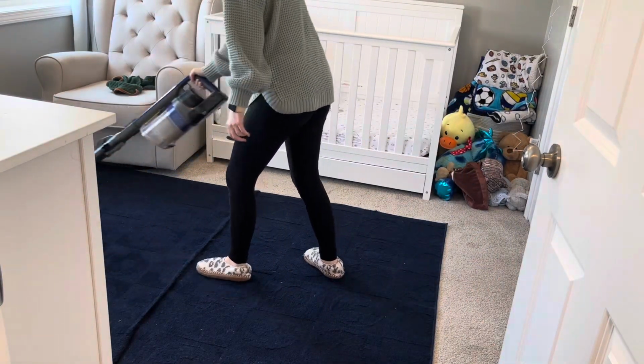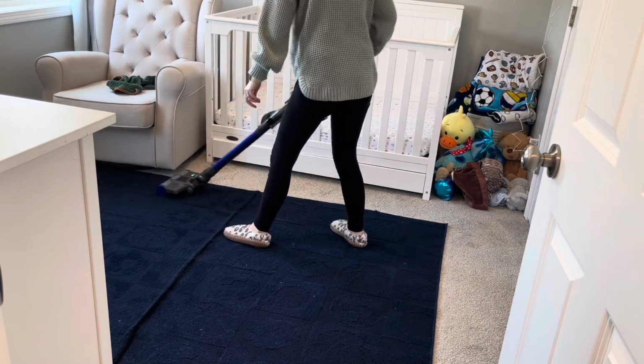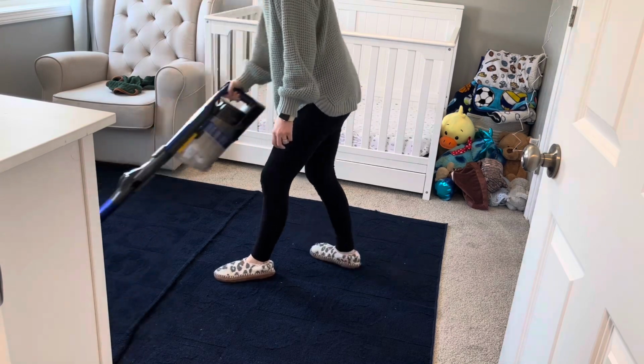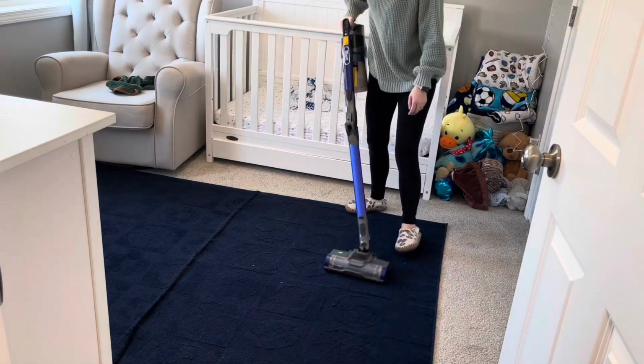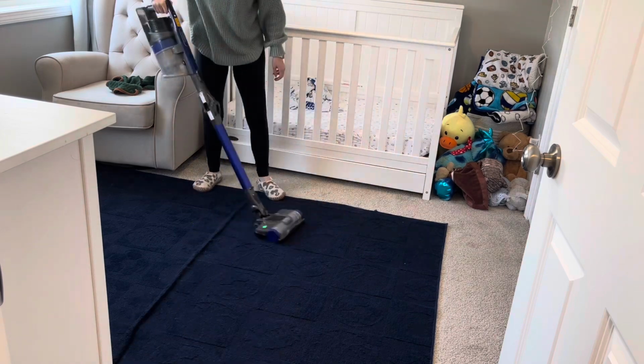Now I'm going to vacuum. This rug was absolutely disgusting and needed such a vacuum. I should have given you a little bit of a close-up so you could see a little better. I think I just need to get rid of this rug. I do like it so much. I love that it's navy and it has all the sports on it. It goes with his room so well,